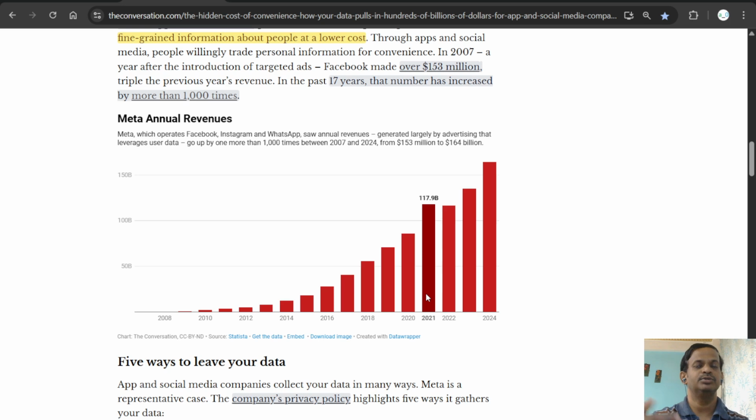They used social media apps to connect with each other or get entertainment. During that time, we can see revenue grow from 86 billion to almost 118 billion